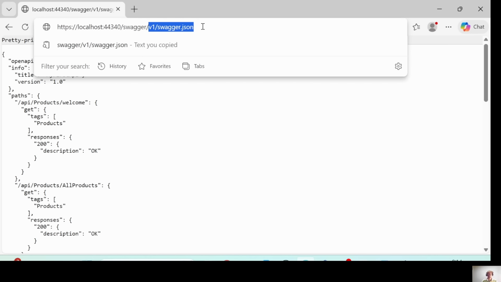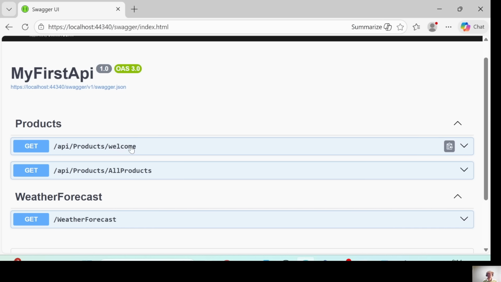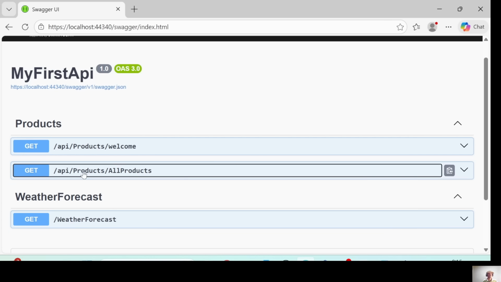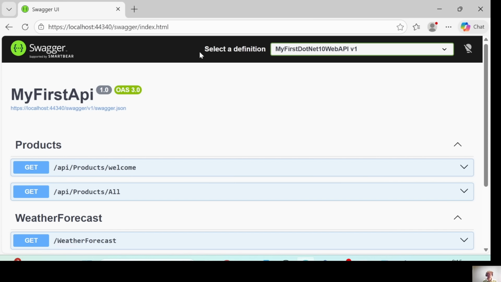Now I'm going to redirect to Swagger UI. See here, now the Swagger UI responded successfully. You can see here for the welcome message, we have a new route called welcome which is appearing now. For our new method which we mentioned all products, that is appearing now. Actually we already have API slash products. Again we are having some duplicate name, all products, which is something like a duplicate. So what I do, I simply remove products. Again I press the hot reload symbol, switching to browser. You can see here now changes are immediately reflected.